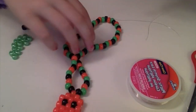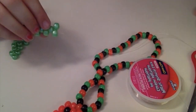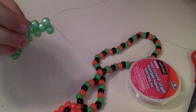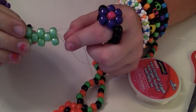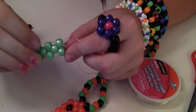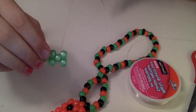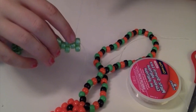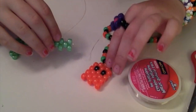So now what we're going to do is take whichever string you want. They should be roughly the same length, but it doesn't really matter. You're going to take your string, whichever side, and put it up through this first bead. Just like that, you're going to pull it. One of your strings you're not going to do anything with, and the other one you're going to put through this top bead. On this part, we're going to be working on the top of your Pac-Man ghost,